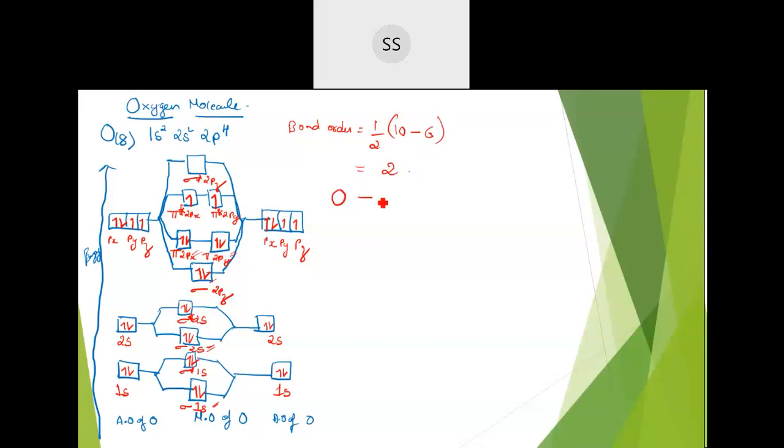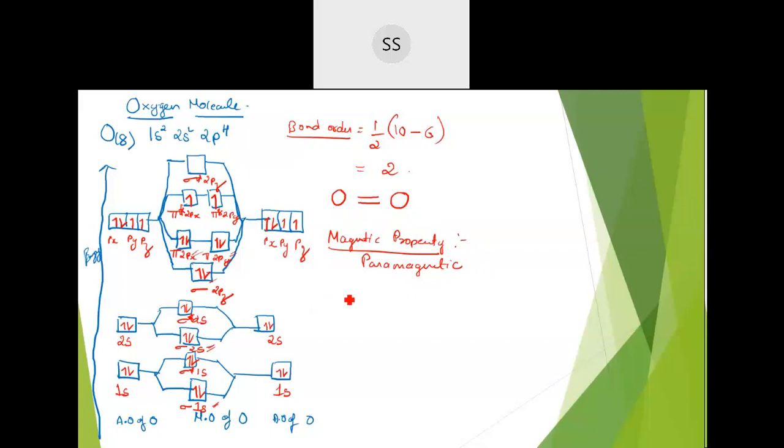Means what? Between oxygen and oxygen, we are having a double bond. Okay. Oxygen and oxygen, we have learned all this. In the Lewis structure also, he has given us. Okay. This structure we have already got based on that. But then MOT tells why these are paramagnetic also in nature. You can see here, the number of electrons over here, okay, in the pi star is singly occupied. Okay. They are not paired. So if they are singly occupied, the magnetic property will be paramagnetic. Magnetic property is paramagnetic in nature. Bond order is 2, which indicates there is a double bond.